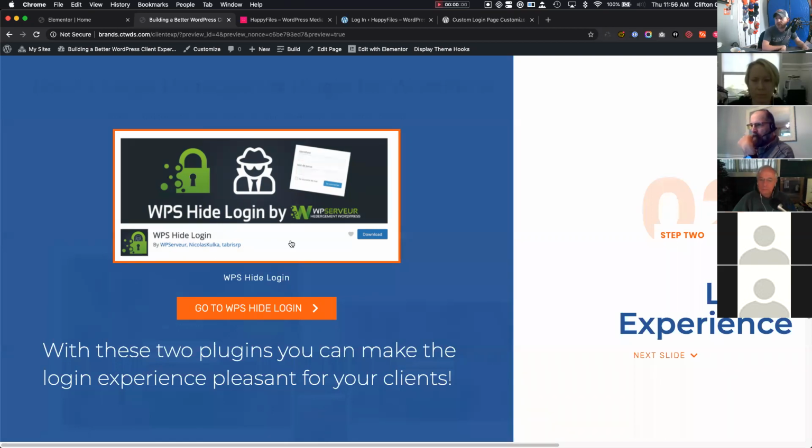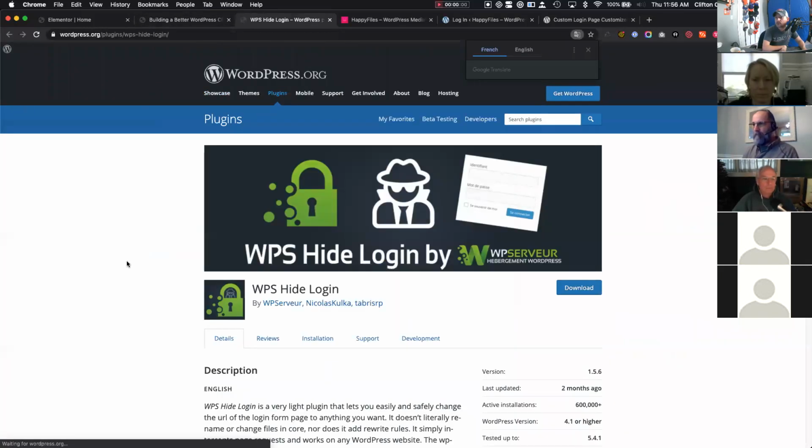You can use a plugin called WPS Hide Login. It's a very simple, very easy plugin to use. It's a free plugin, and